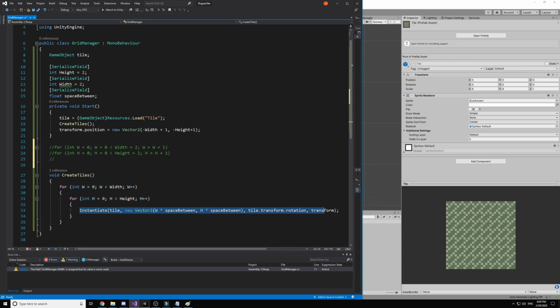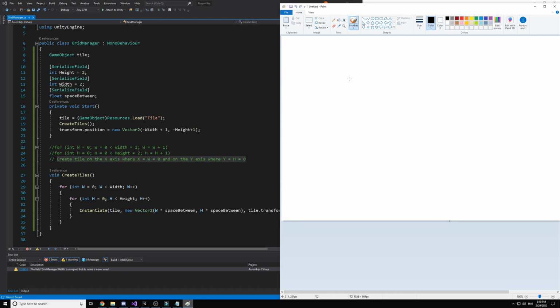So the code below simply means that we are saying to the computer, create a tile on the x-axis where x is equal to w, which is equal to 0, and on the y-axis where y is equal to h, which is equal to 0. So if that statement here is true, which is true because 0 is smaller than 2, this code will be executed. So if we imagine the world like this,